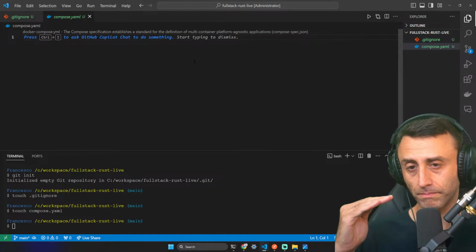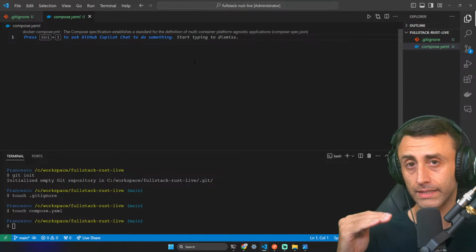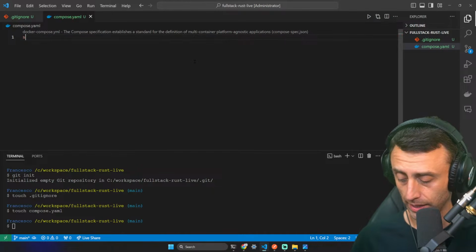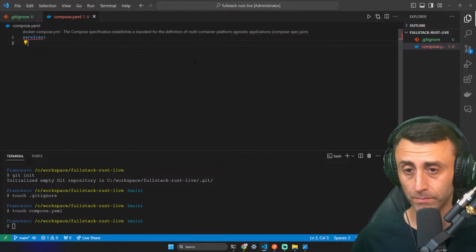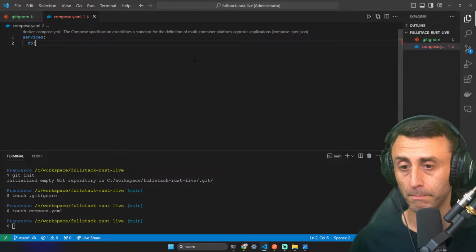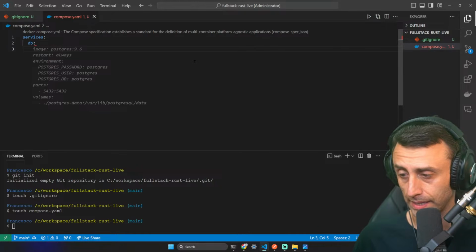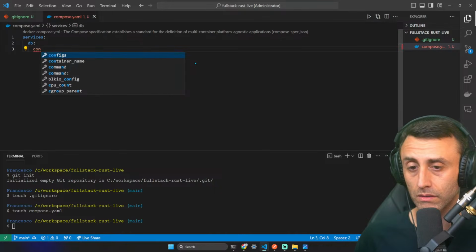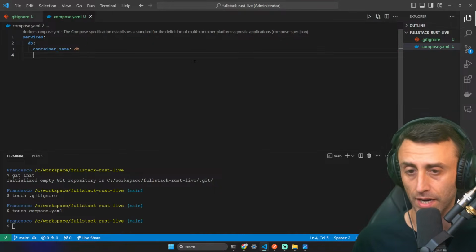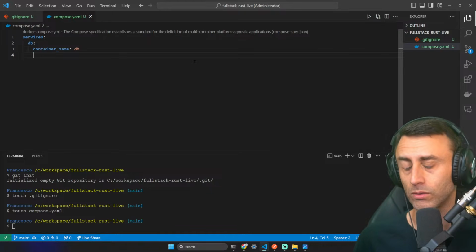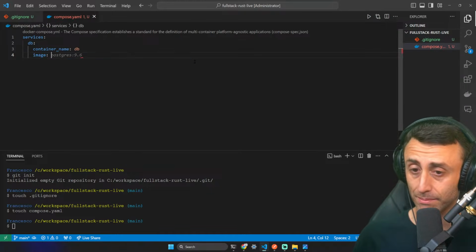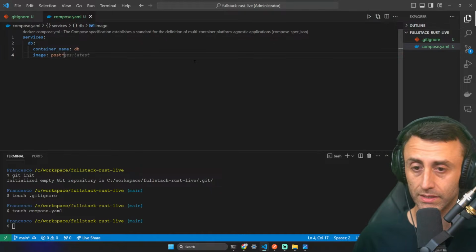Let's start. Let's create the database. So here we can define services, like this. And let's start with a service called db, which stands, of course, for database. And we can have some key value pairs. So first of all, I want to define a container name. Otherwise we'll have a randomly assigned name for the container. As an image, we use Postgres